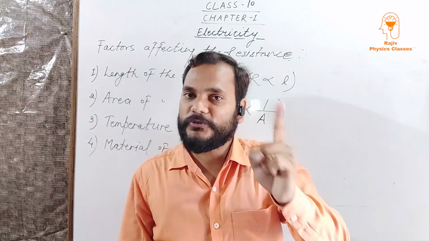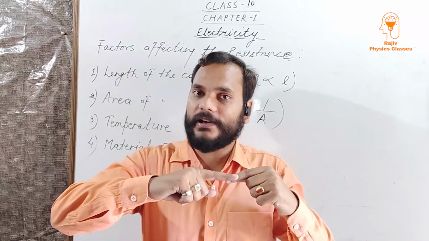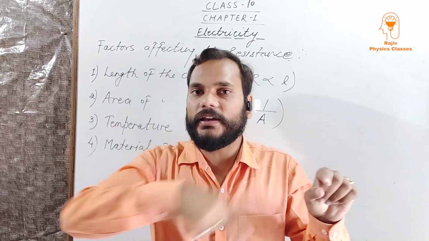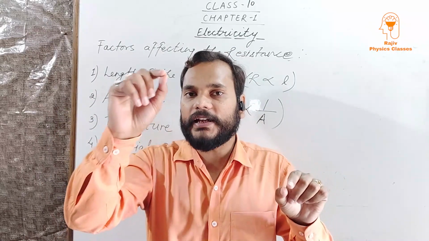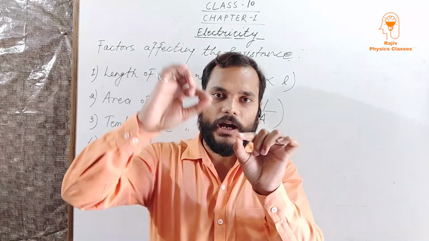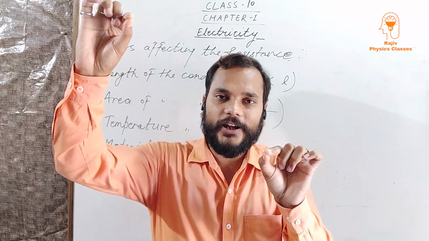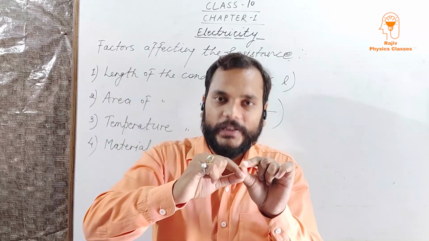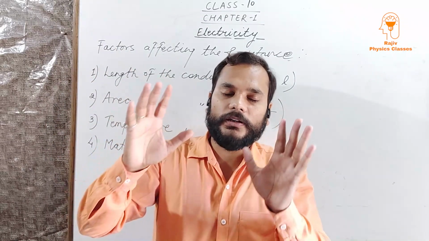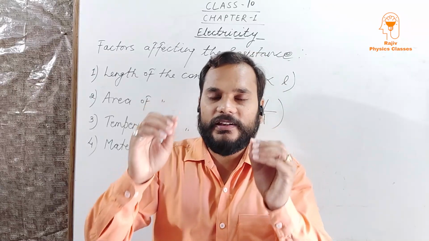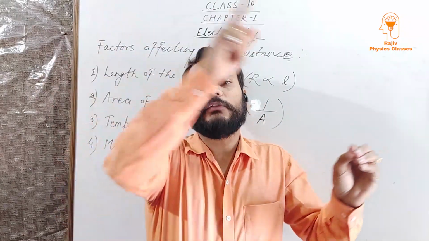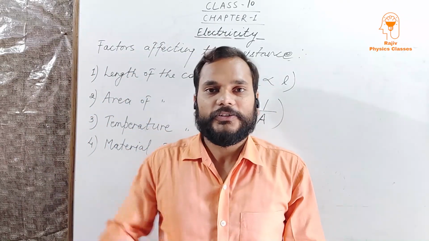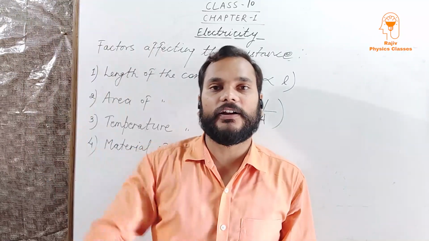We have studied that same charges repel while opposite charges attract. So what is the charge on the nucleus? Positive. What is the charge on the electron revolving in the orbits? Negative. So as the electron moves away from the nucleus, it experiences less force from the nucleus. So the force experienced by the electron revolving in the outermost orbit of an atom is obviously least. So that electron is considered a free electron.